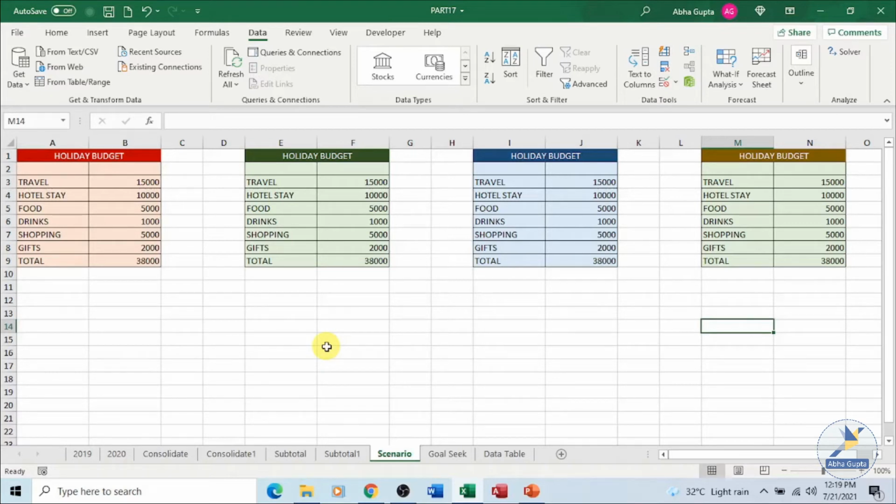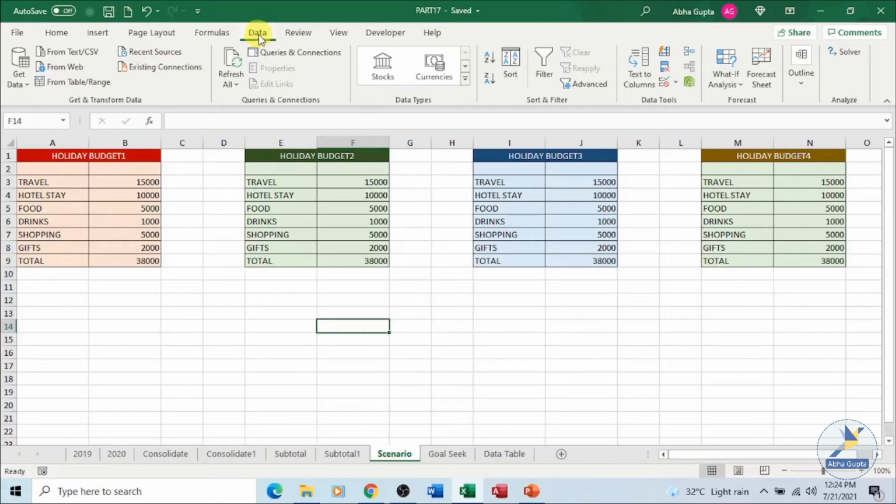Here in Excel, scenario manager allows you to change or substitute input values for multiple cells, so you can view the results of different values or different scenarios at the same time. We can experiment with different values and see how those changes will be reflected. For the purpose of explaining scenario manager, I have three different scenarios over here where we are trying to calculate the holiday budget. For example, this is one scenario where the same example is being taken. Then we'll make changes and see which one works best for us.